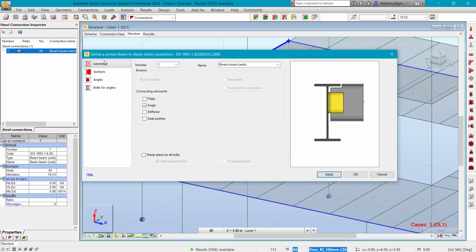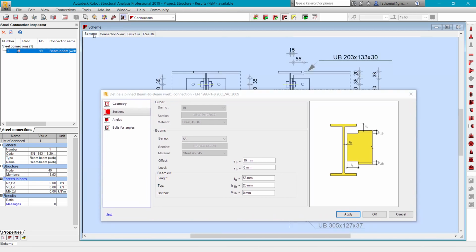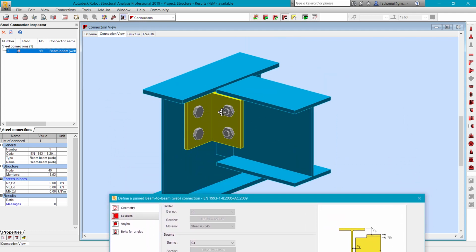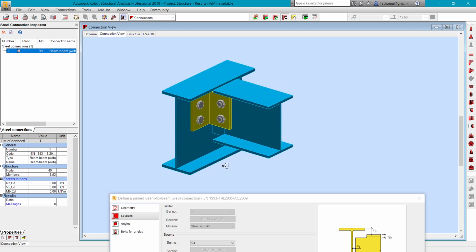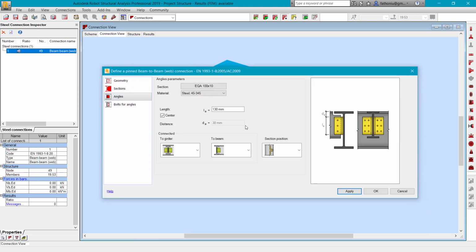It detects the geometry, and then the connection element. You can set it as a plate, thin plate, or angle, double angle. The section is already there, so you can change all the parameters here. You can also view how it looks like. The connection view is like this. So it is a double angle web cleat. These are the angles. If you want to set it only